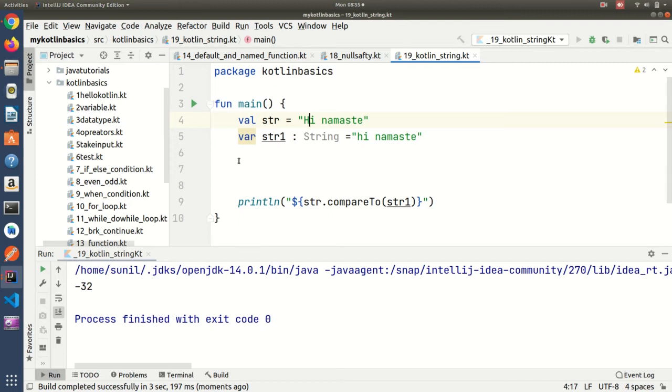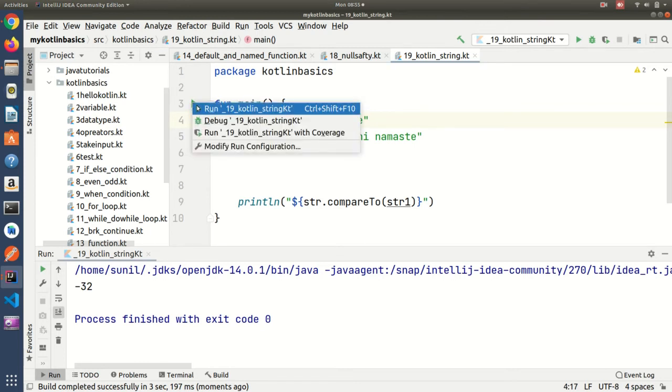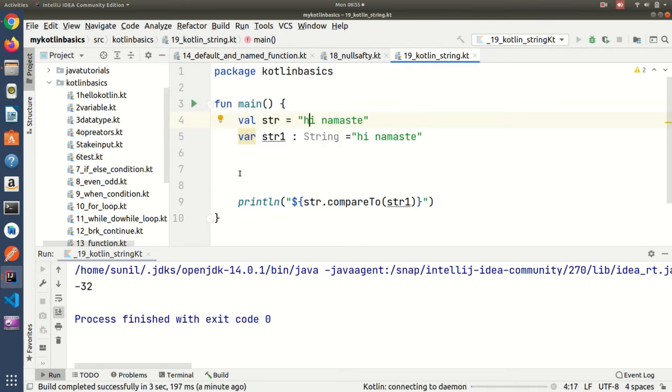If it is equal, then it will give 0, otherwise it will give some non-zero value. So if I use h, both are equal, so compare will give 0. It gave 0. And we can use contentEquals here also.